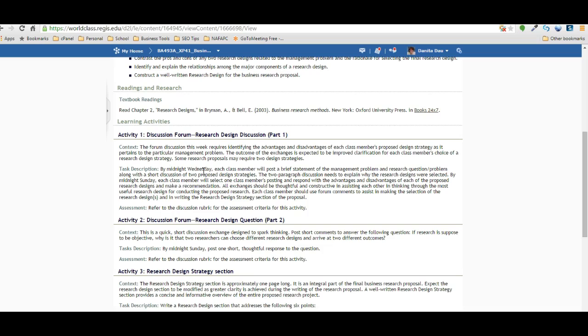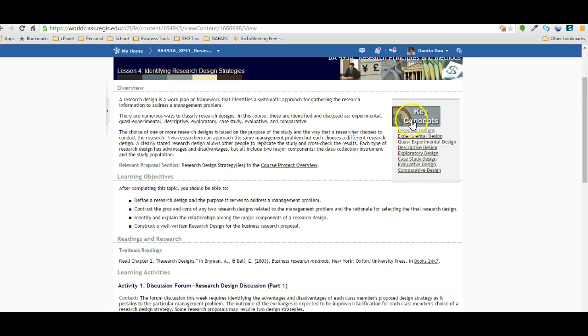It says management problem, but we're really talking about your deliverable, and the research question and problem, and then basically a short discussion of 2 proposed design strategies. Okay, right here. This is huge. This key concept section is absolutely huge. It's talking about the different kinds of research designs that are available for you. Chances are, if you're just going to go out and try to